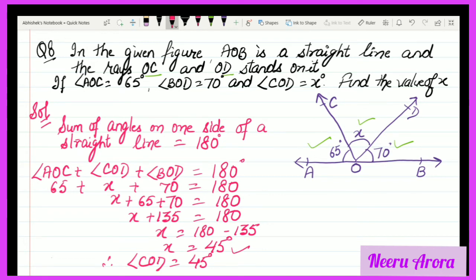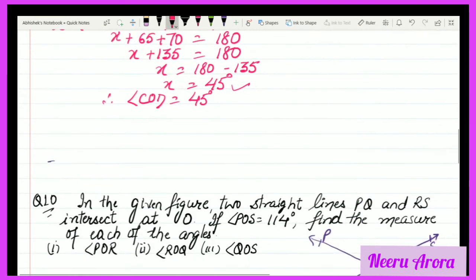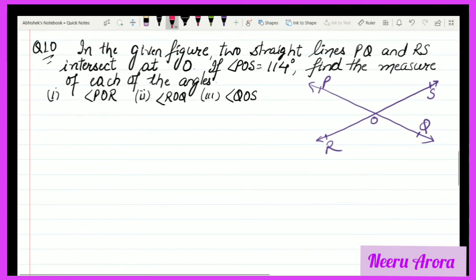Now we are going to do question number 10. In the given figure, two straight lines PQ and RS intersect at O. When two straight lines intersect at the same point, suppose these are two straight lines AB and CD, intersecting at a common point,